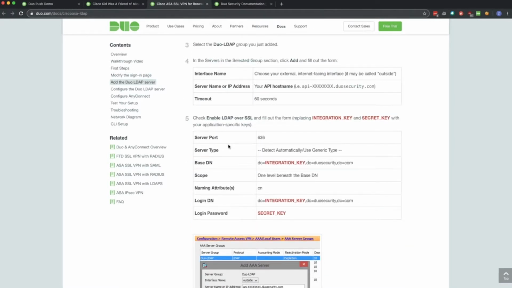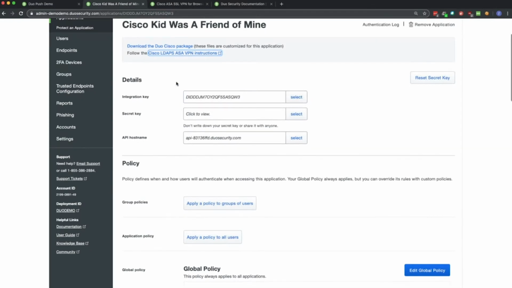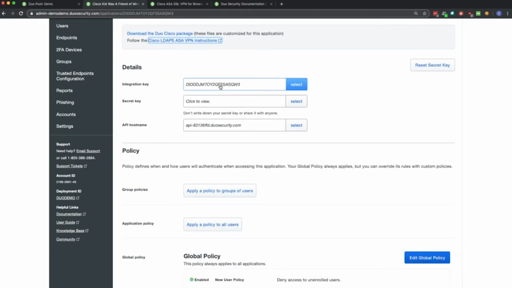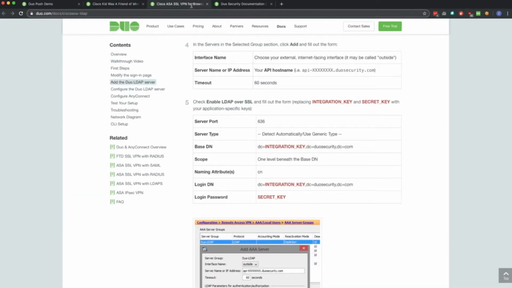At a high level, the integration process for most Duo integrations is going to look really similar and is going to come down to these keys that you see here under the details section. For each integration, you're going to see these three keys: your I key or integration key, your A key or API hostname, and your S key or secret key, which here you can see has been obscured. The exact method for how we will integrate for a given integration is going to change based on the easiest hooks available for that system.